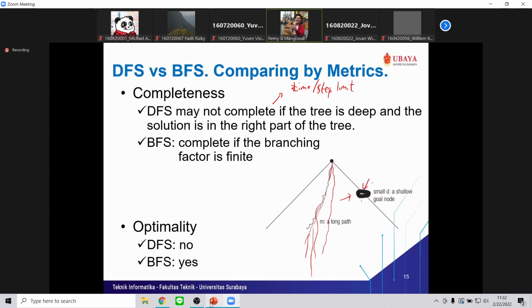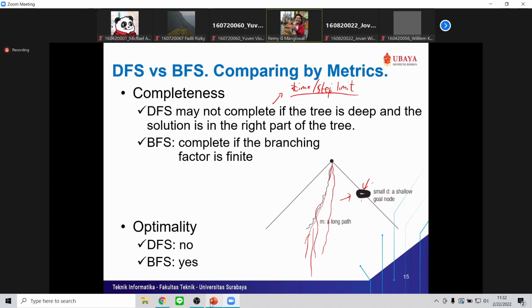That's why DFS may not complete, because there's usually a time and step limit. Say, if the program already did 10,000 steps, finish it. By completeness, it means: will the algorithm guarantee a solution? DFS may not give a solution.